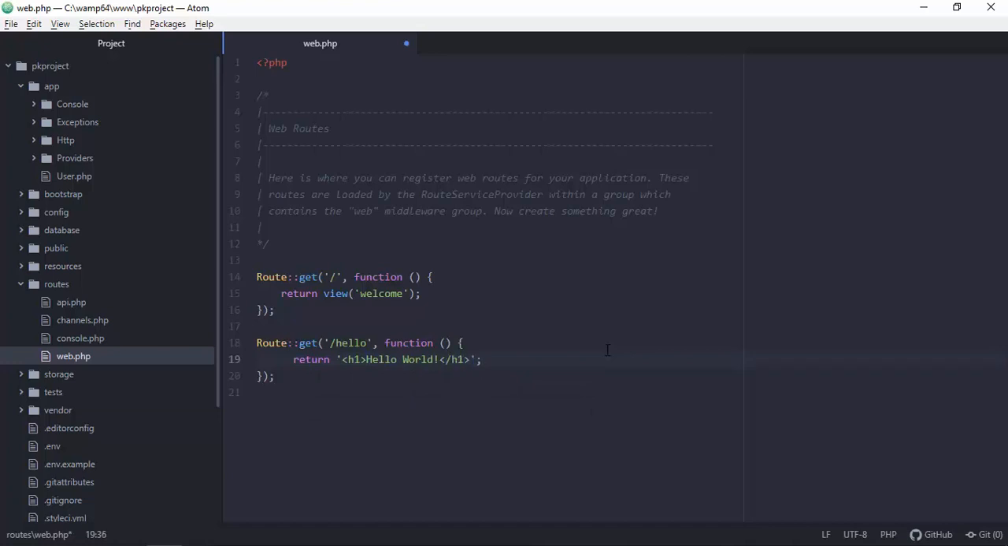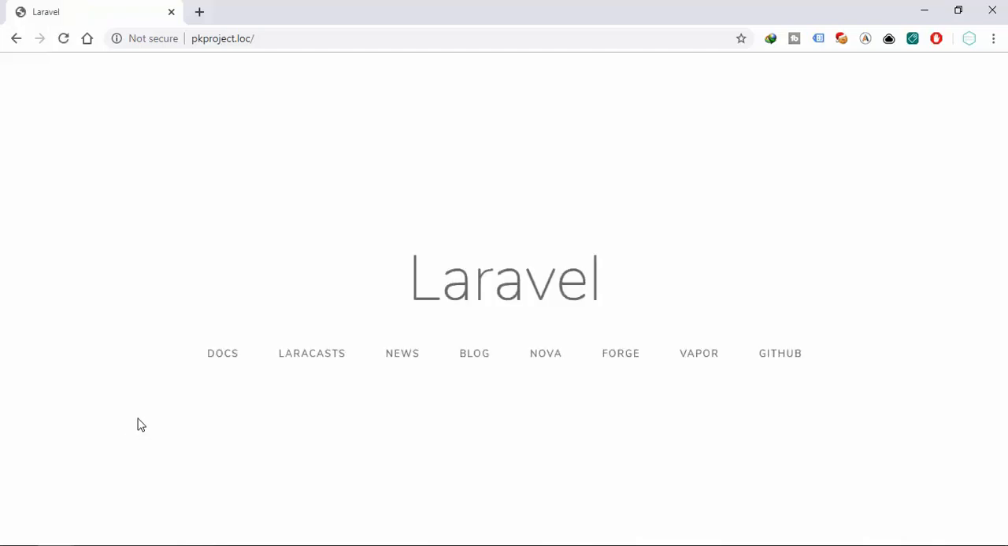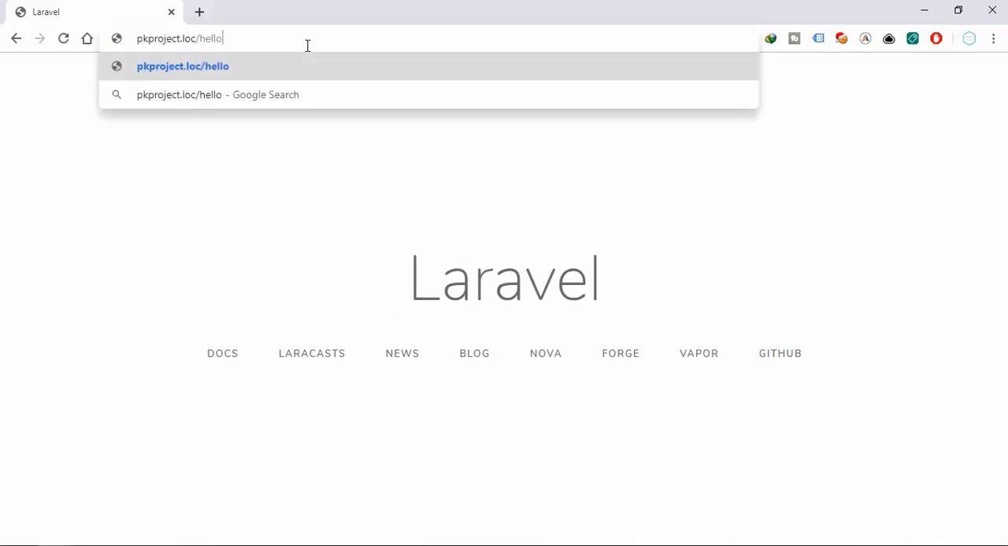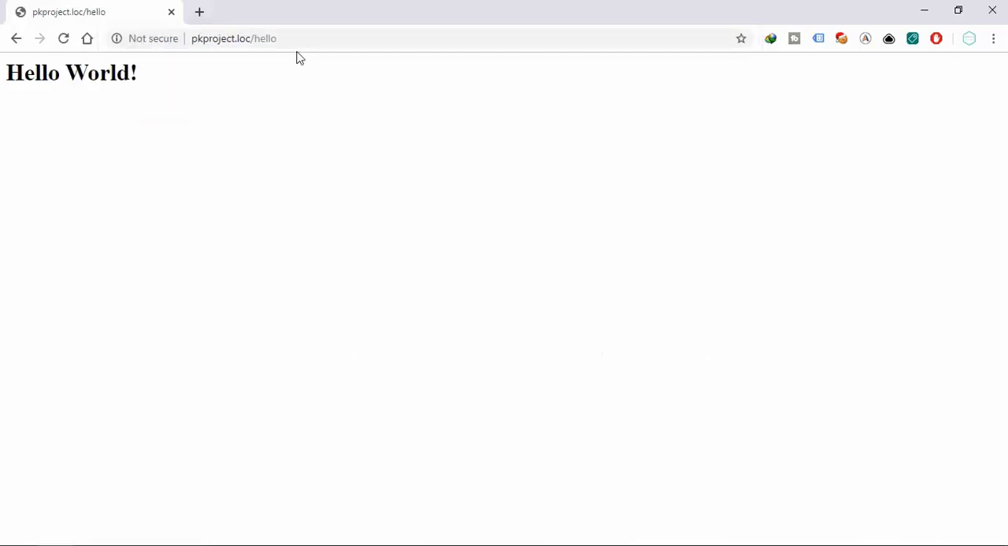and then save, and let's go back to our browser and refresh. So pkproject.loc, this will be the home page, right? And if we try to add hello here, it will display our updated hello world string,